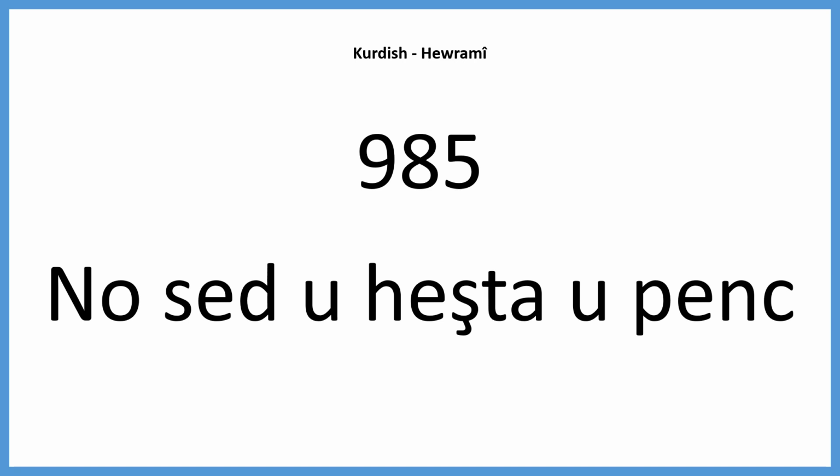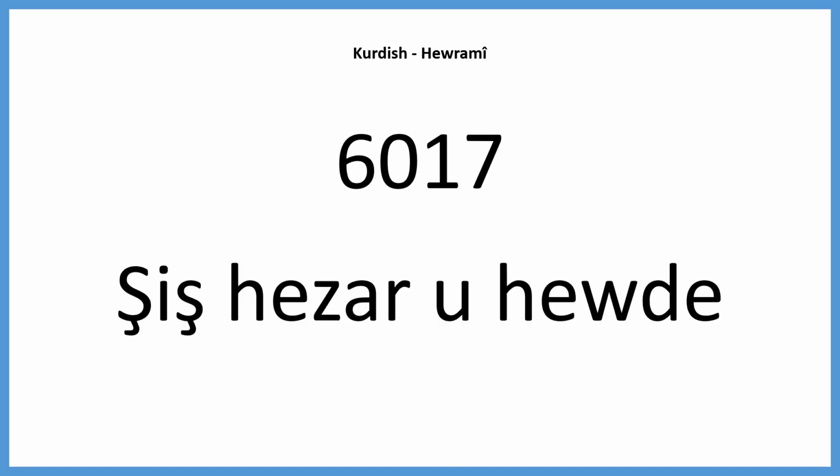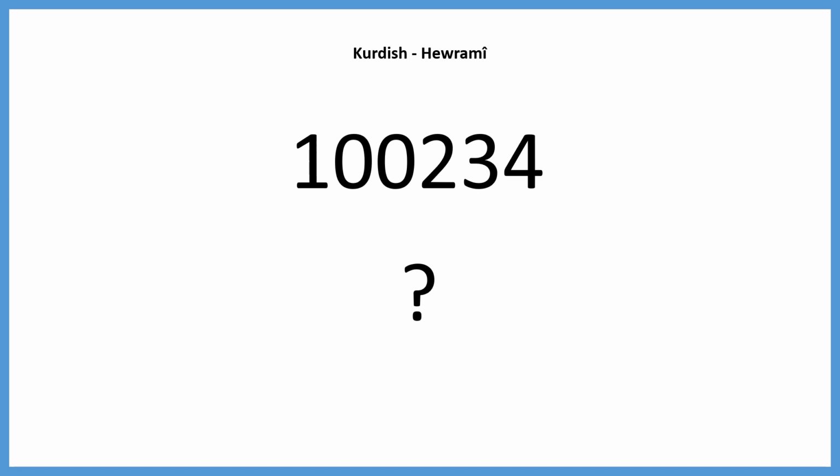Norsed, 900, u and heshta u penj, 80 and 5, 85. Norsed u heshtau penj. Let's attempt this example now, 6017. This number would be 6000, u and hewde, 17. 6017. Our final example will be a much larger number,